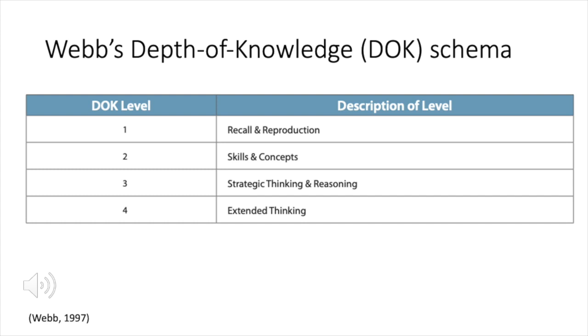Level 3 is strategic thinking and reasoning. Tasks and classroom activities falling into this category demand the use of planning, reasoning, and higher order thinking processes, such as analysis and evaluation, to solve real-world problems or explore questions with multiple possible outcomes. Divergent learning. Level 4 is extended thinking, which demands extensive integrated use of higher order thinking processes such as critical, divergent,